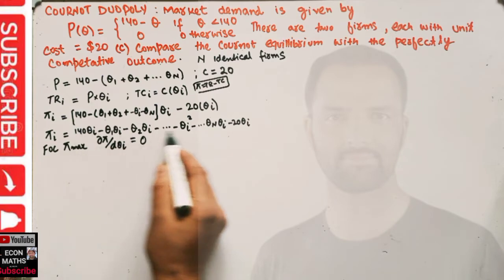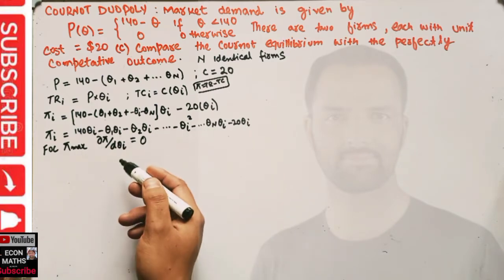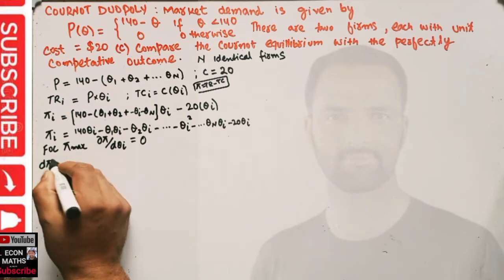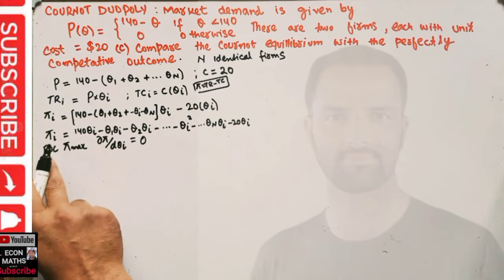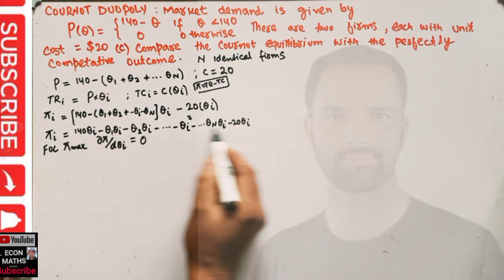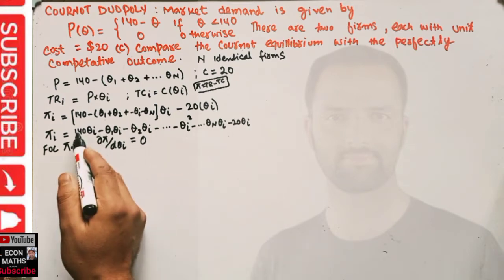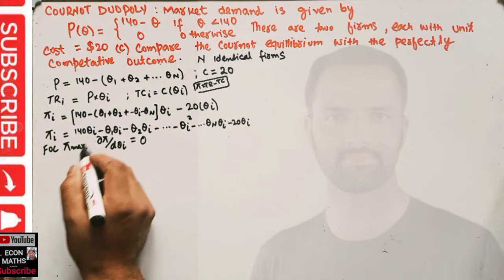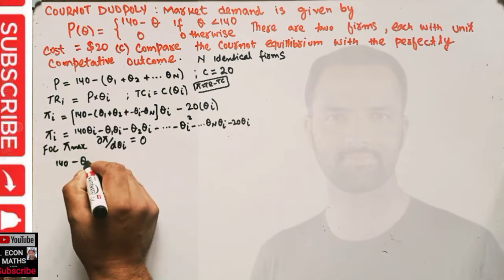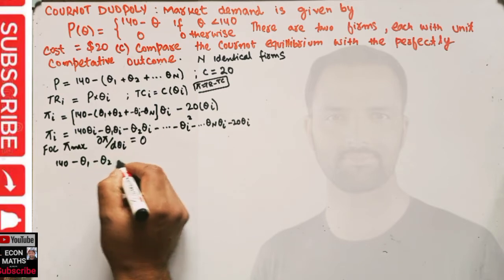That means we need to differentiate this profit function partially with respect to qi and set it equal to 0. So we have dπ/dqi. Take the derivative of this function with respect to qi and set it equal to 0. So the derivative of qi is 1, we are left with 140, minus q1, minus q2, minus